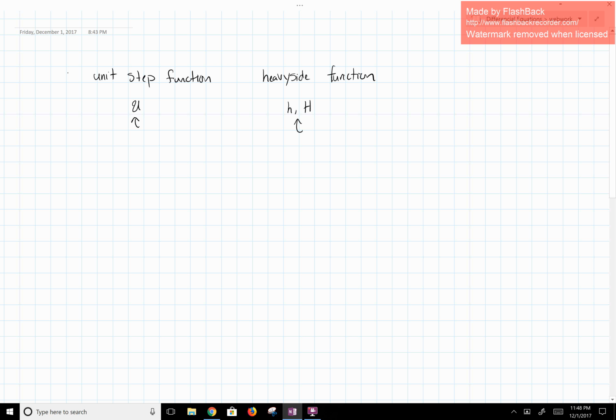It's defined by u of t equaling a piecewise function: 0 when t is less than 0, or 1 where t is greater than or equal to 0. The other thing to note about the Heaviside function is that it's cumulative. So when you're going through and looking at numbers in a piecewise function, so theoretically here, if we had